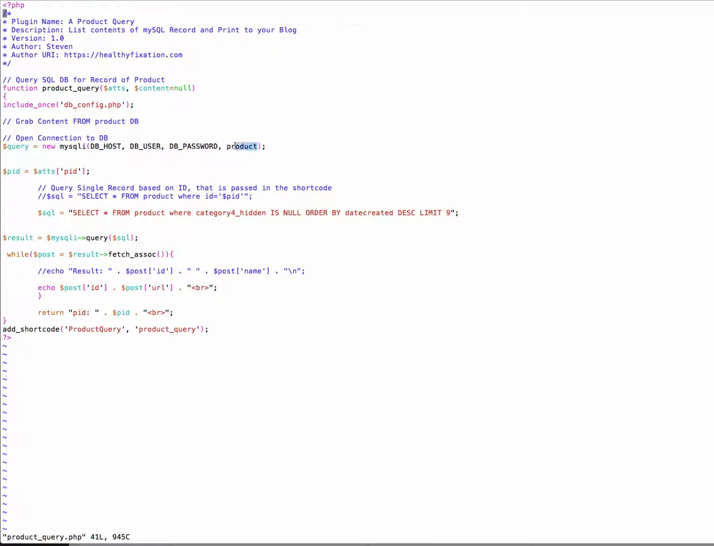We query in the product database. In this case, we then run a query, which could be like this guy, which is what I'm interested in. I just want to query one record, and that's how you query a single record. If you want to query more than one record, then you can give it whatever select statement you want, and then